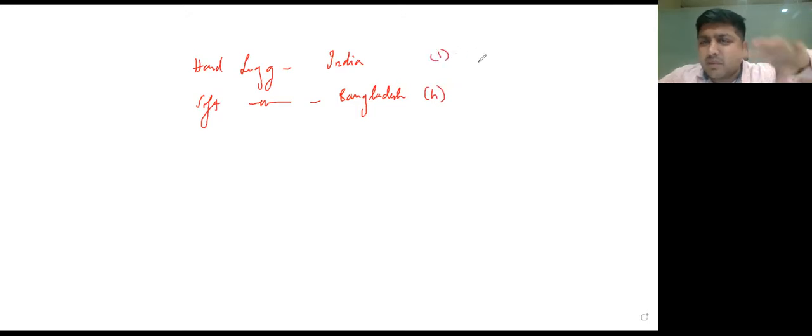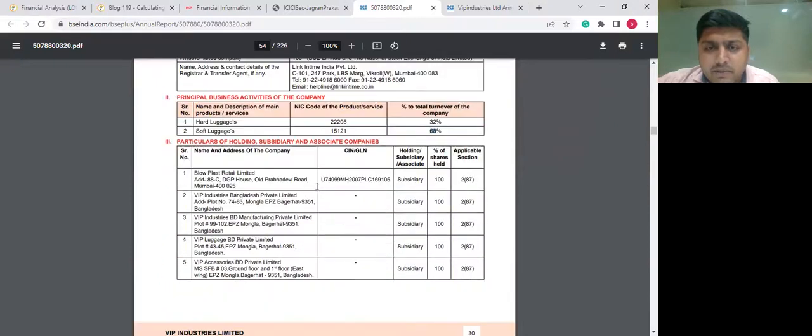This is something which you can once again get in the MGT9 form. Let me show you as well. When you scroll down, you will see that the list of subsidiaries is present here. Blowplast Limited is a subsidiary based out of India, and the remaining 4 are based out of Bangladesh. All are 100% owned. And if you want to calculate which subsidiary is generating how much revenue, you can